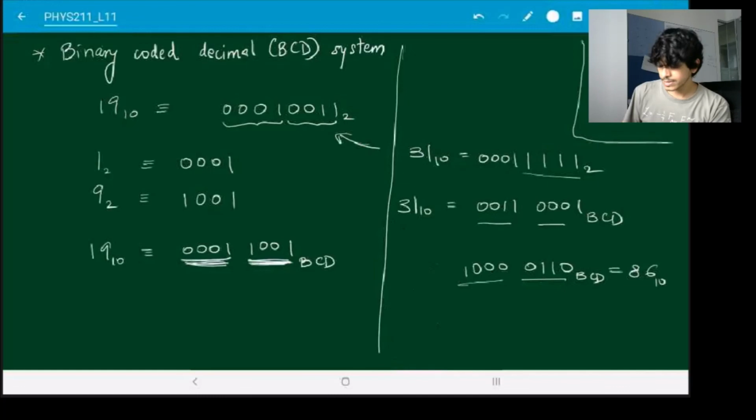Important thing to note is that these are 4 bits. So in principle, you can go all the way from 0 to 15, but that is never going to happen because in decimal, you're never using a number greater than 9. So the largest 4-bit set that you can have is 1001 because this is 9. So these are all the digits that you can get in a BCD, in binary coded decimal representation.